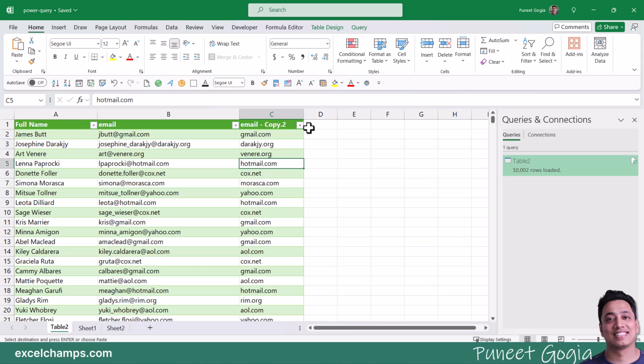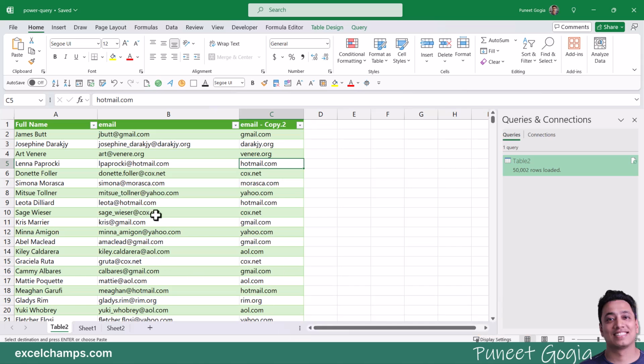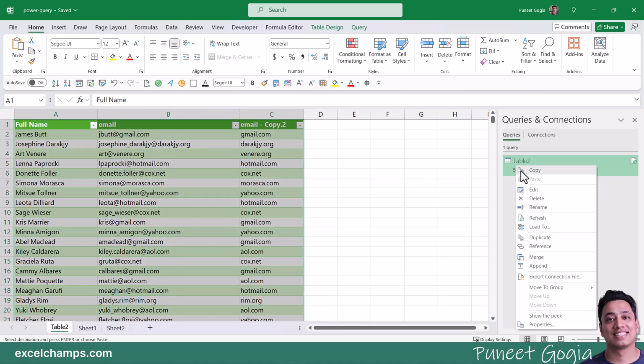So let me show you a different example. Let's say I want to filter data in Power Query. So here I have a list of email IDs, but I also have a list of websites of email IDs, like where the email IDs actually belong to. So from this list, I just want to filter email IDs which are from Gmail, Hotmail, or Yahoo.com. So what I'll do, I'll go back to the Power Query editor,